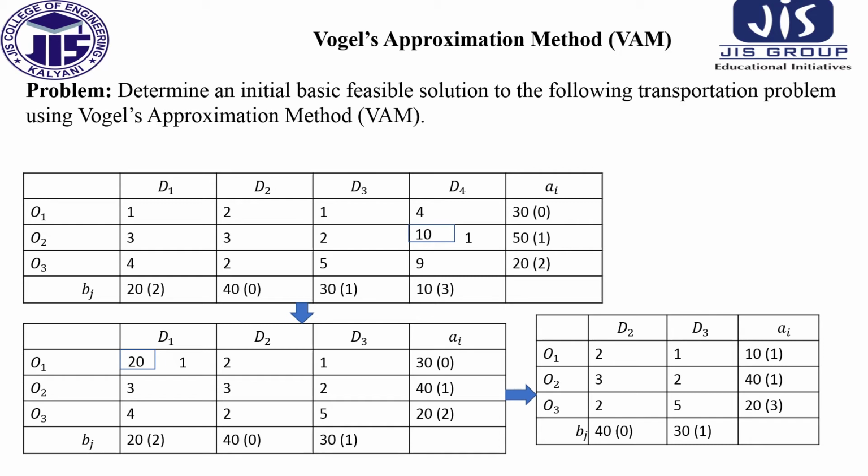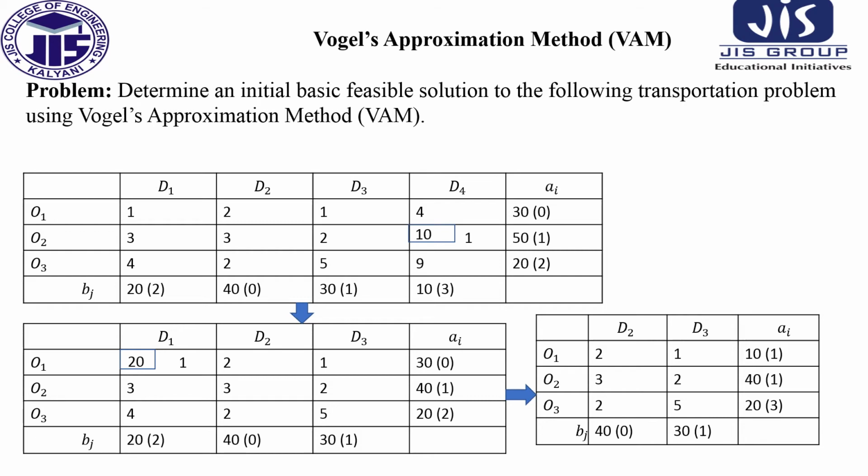In the second table, among all the subtracted values that we have written inside the brackets, that is 0, 1, 2, 2, 0, 1, 3, among all the values, which one is the greatest, we have to select in table 1. So which one is greatest? 3 is the greatest, so we select this 3. Okay, so this 3 we are getting from the D4 column.